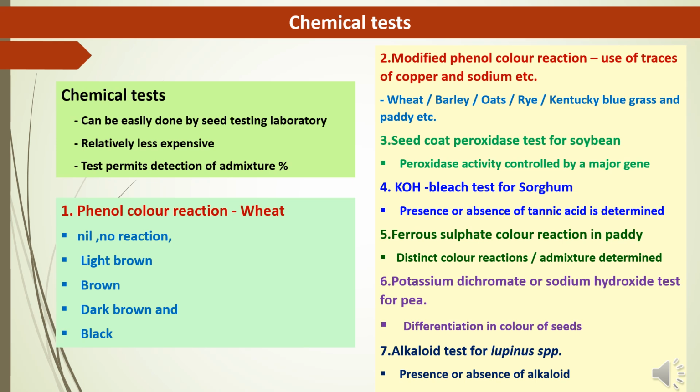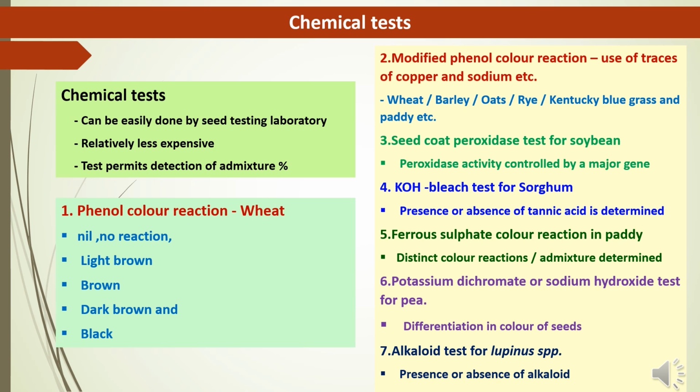There are different methods of chemical test. First one is phenol color reaction. Phenol color reaction has been extensively used for varietal identification of wheat varieties. The advantage of phenol test is that it serves as an easy, quick and reliable test. The procedure consists of soaking of seeds in water for a defined period and as per the specific procedure defined, and the varieties could be grouped into